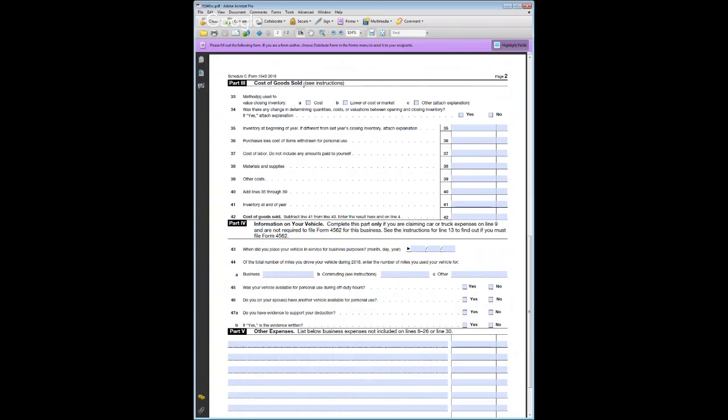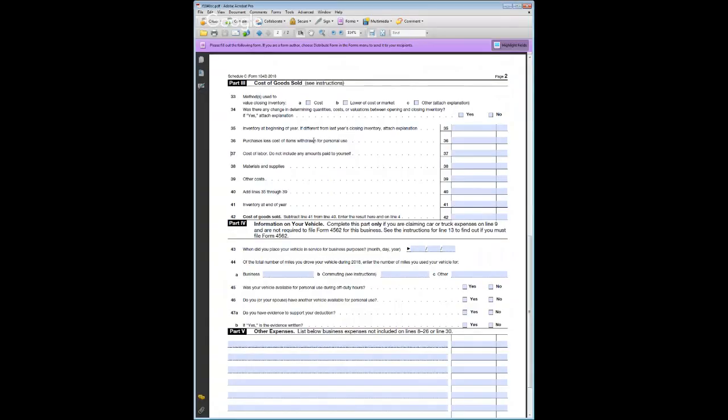So when you calculate cost of goods for your taxes, you have to know the value of your inventory at the beginning of the year. You have to know how much you purchased throughout the year. You can take out and deduct anything that you took out for personal use. So if you bought, you know,